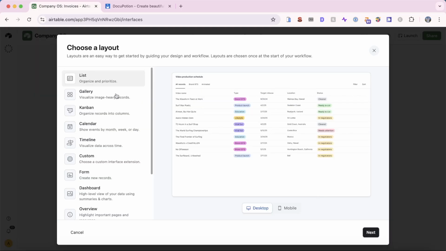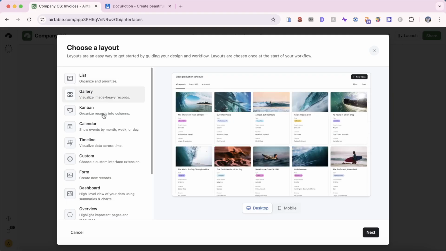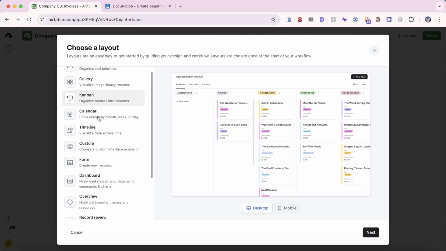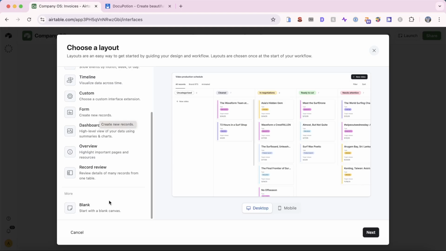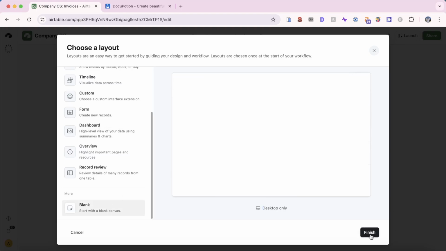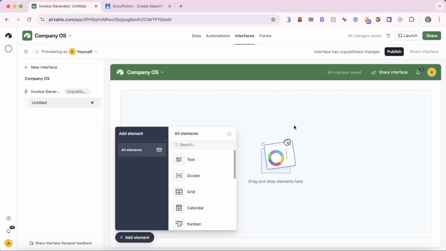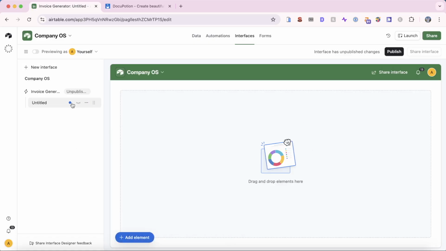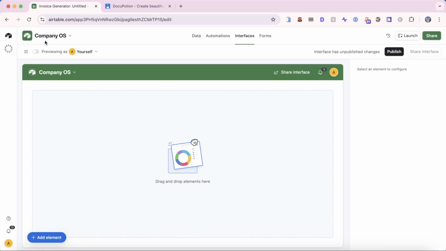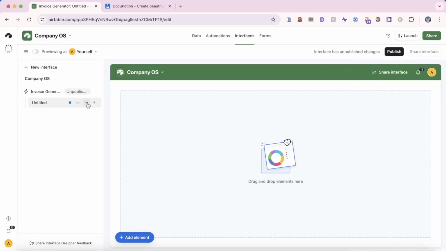And there's a bunch of default layouts we could choose from. So list, gallery, Kanban, etc. But for our purposes today, I'm going to start with a blank canvas. So I'm going to finish on that. And then we're presented with this blank canvas. And what you'll see here is Airtable has automatically created a page within our interface or our app that we can use. We can drag and drop elements onto the canvas. I'm actually going to start off by renaming this particular page. So I'm going to call this dashboard